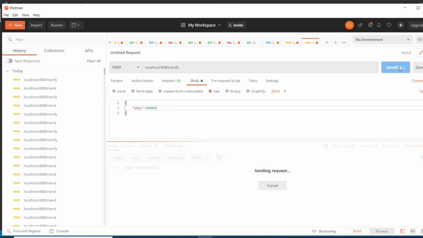Let's see what we get. It says login failed because we changed the OTP. These OTPs are not the same as the OTP which was sent by the application. That is why it is giving the error login failed. So we can keep it the same as it was earlier. Now if I click send, it will say login successful because both the OTPs are the same.